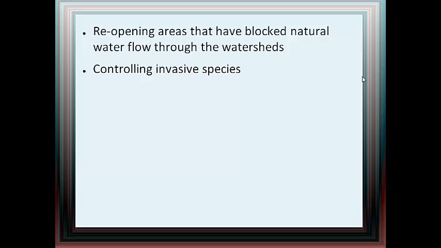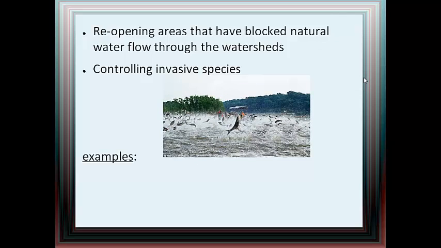Also, we can focus on controlling invasive species. And there's one here in the Great Lakes that you've seen in the news a lot, and just some crazy pictures. But examples would be, you guessed it, the Asian carp. You can see they're flying out of the water. A lot of videos you'll find on YouTube. If you go to YouTube, you can see people are catching them by hand, they're catching them in buckets because they're everywhere. That species of carp has just invaded and is really making its way heavily into the Great Lakes. Not quite an infestation yet, but it's becoming a problem.